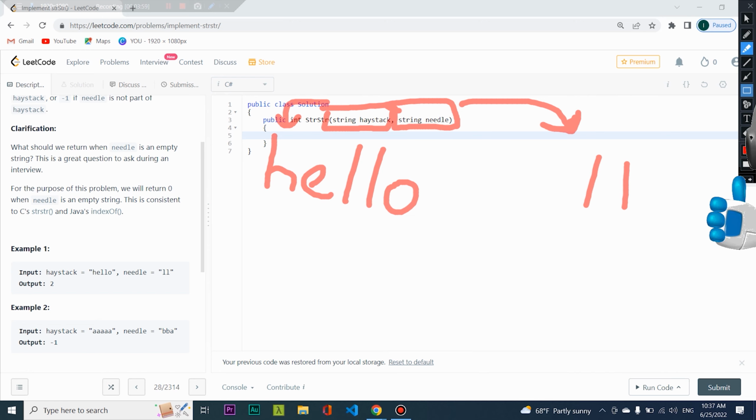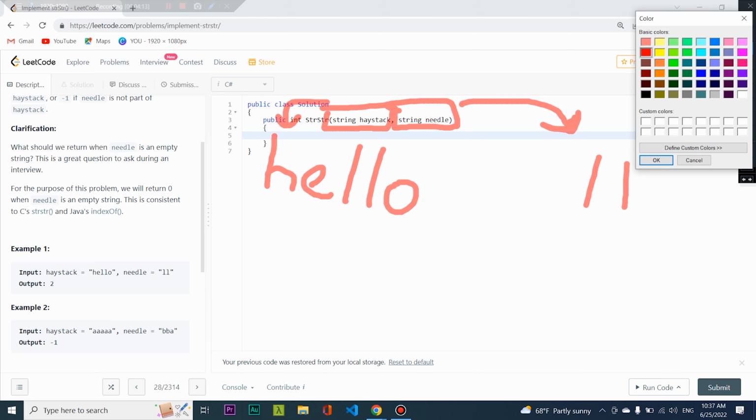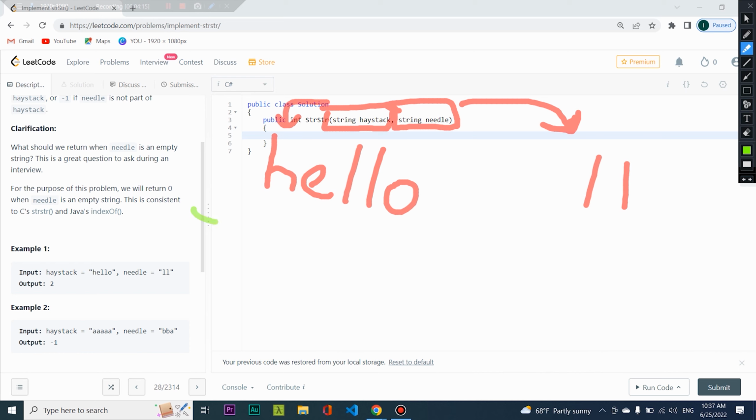Okay, I guess we're just going to go with this thick one. Right, so the first thing that we need to do is, if we start iterating, the intuitive solution is, if we start iterating through hello, and I'm going to go with green now. So if we iterate here, H, E, L, and as soon as we actually find something that is the same